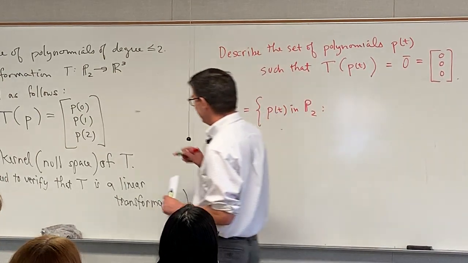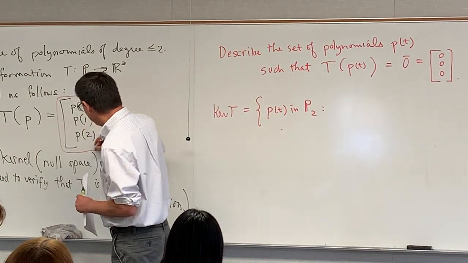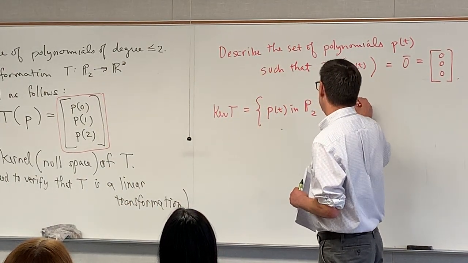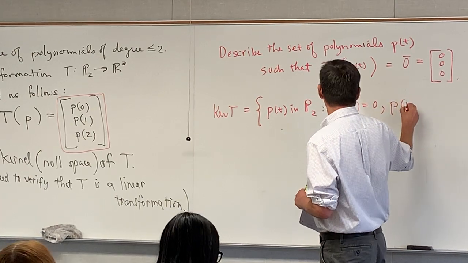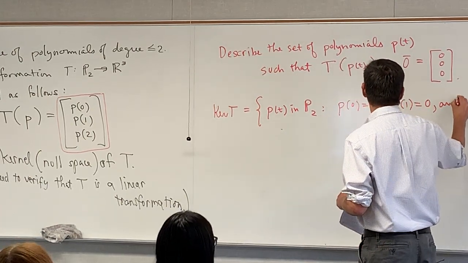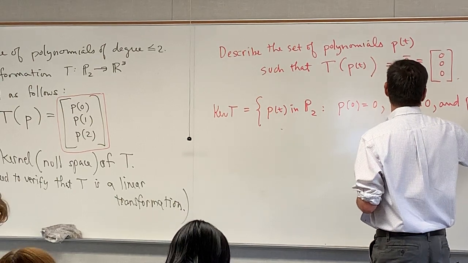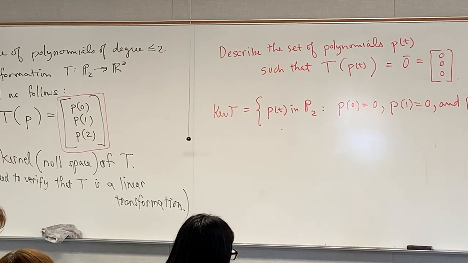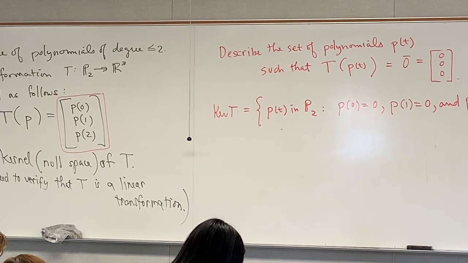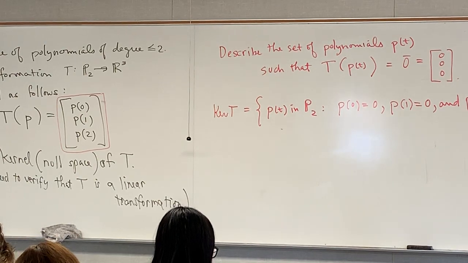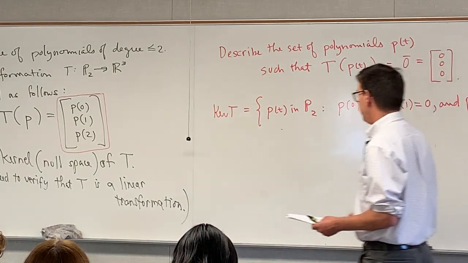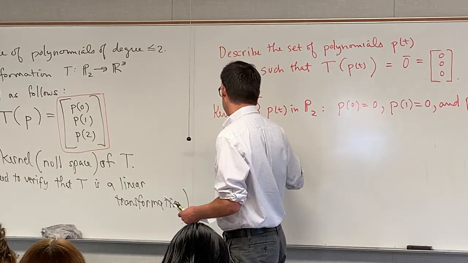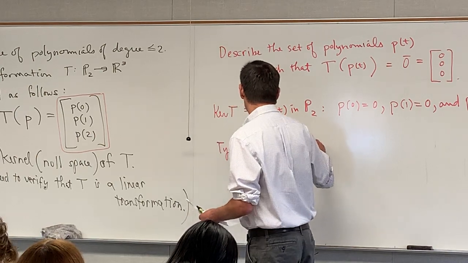So if this guy is 0, P of 0 is 0, P of 1 is 0, and P of 2 is 0, right? We want to describe all, so what's a typical element of P2